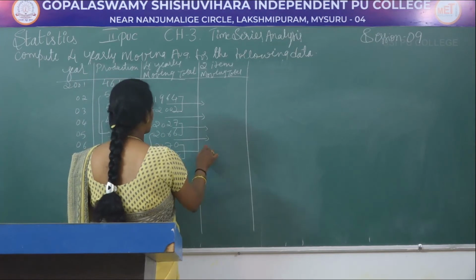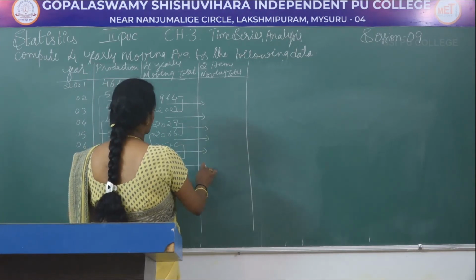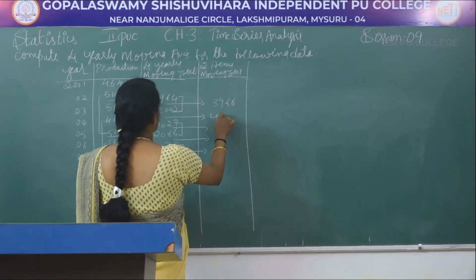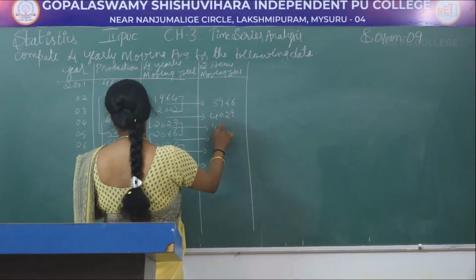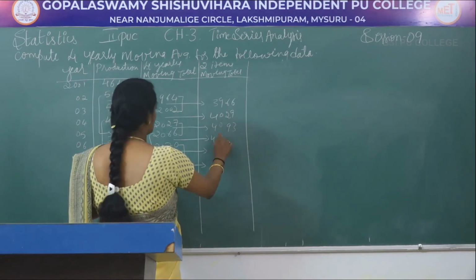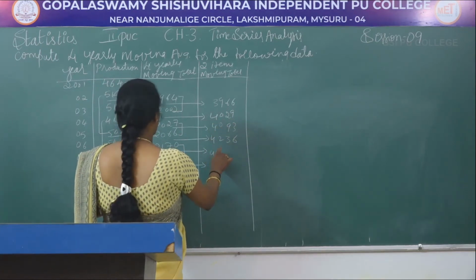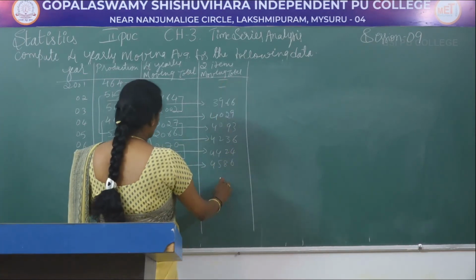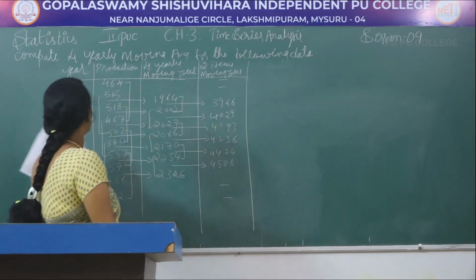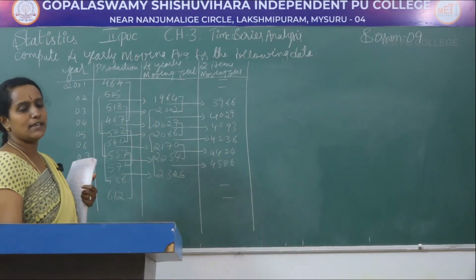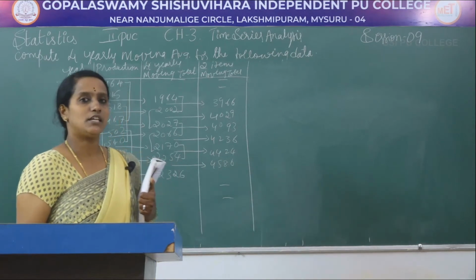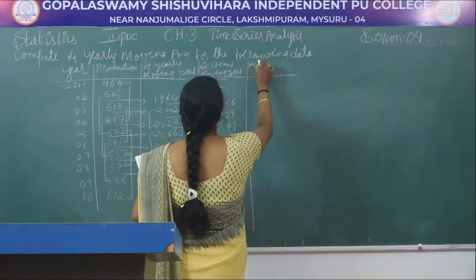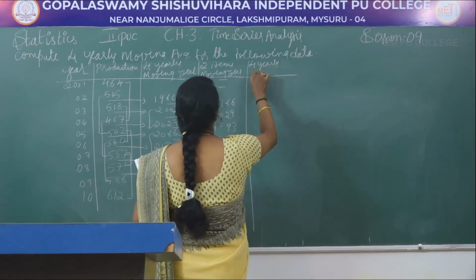If I show this using these arrow marks, it is easy to understand, because in this moving average the position will also carry marks in your examination. So be careful, it is better to leave one line between the years while you are copying the problem, so that it is easy to write the position. And the last column is 4-yearly moving average.